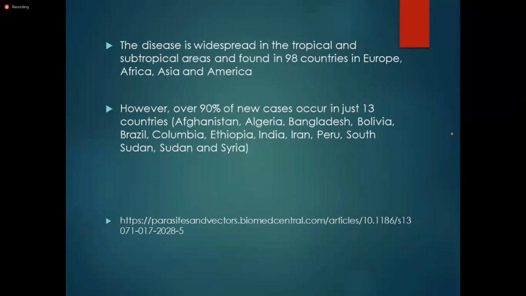Why is it important to understand this? It is extremely hot because the sun rays fall directly there, and there is extreme evaporation from that surface and extreme rain. So there are many forests there, and then this fly is there, the sandfly, and this causes disease. Subtropical areas are found in 98 countries in Europe, Africa, Asia, and America. However, over 90% of the new cases occur in just 13 countries, like Afghanistan, Nigeria, Bangladesh, Bolivia, Sudan, Syria,